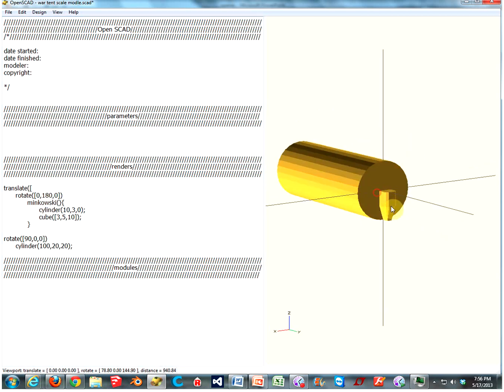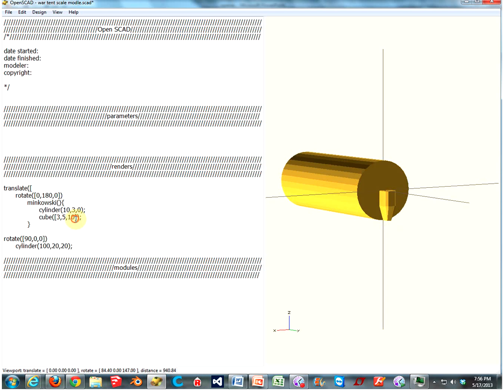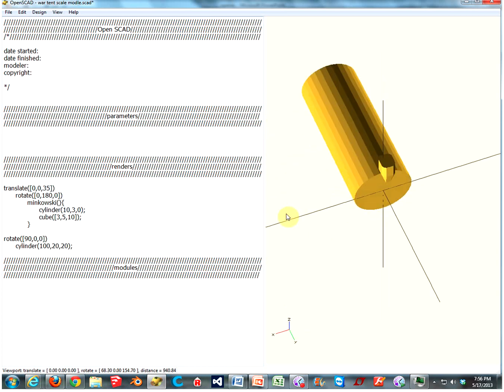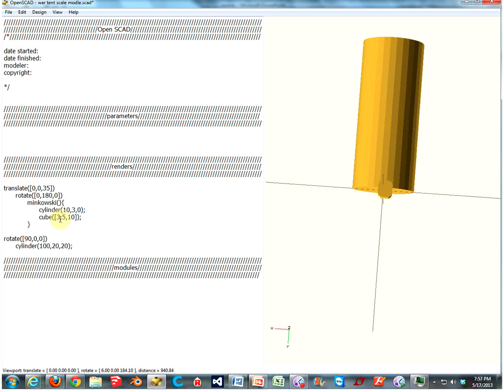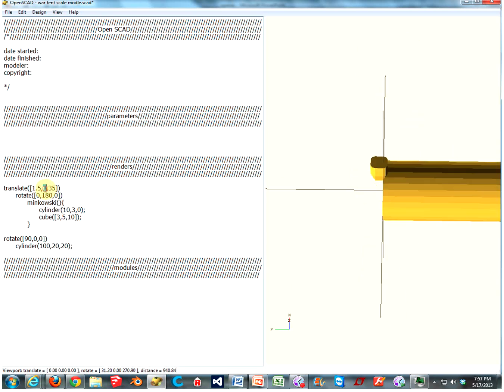Up by the height of this thing, which is currently 20, as well as the height of this thing's 20. Let's do 35. So 0, 0, 35. Yeah, that's a good elevation. So now we've got to move it over by half the width of the cube inside. Cube inside is 3, so let's move it over 1.5. That's relatively center. And back, actually we've got to move it forward, so negative, oh, not 0, minus,